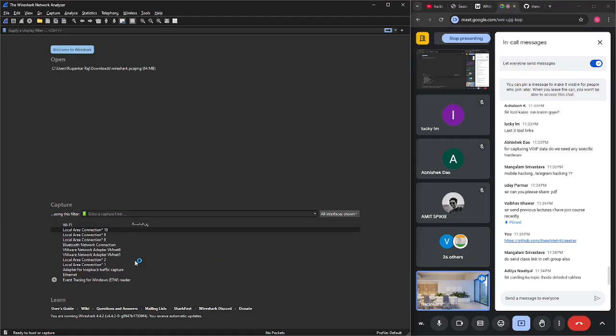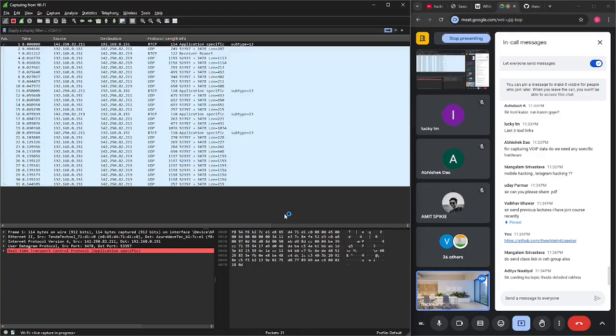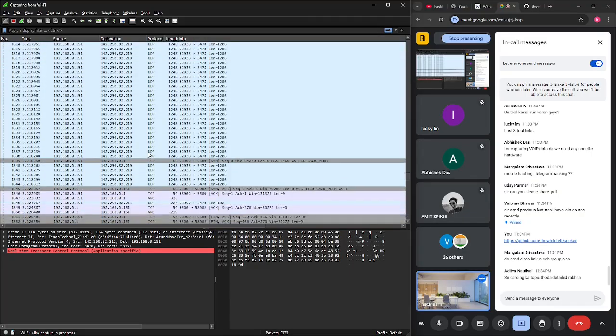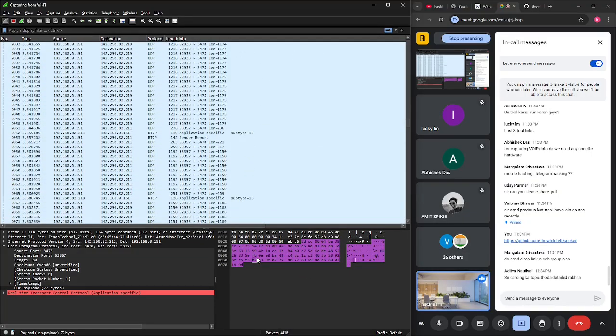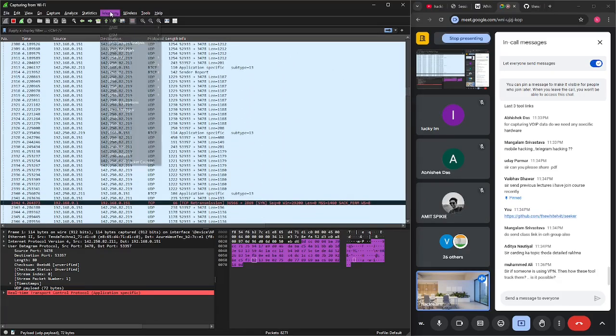If I want to capture traffic on, let's assume, my Wi-Fi network, I will select Wi-Fi from here. Then I will start this with the blue point. I am on Windows, that's why it's asking for all the details, and that's how all the traffic is going over my network. From here, these are the basic packets. These are the encrypted packets. You can try to decrypt those packets and study what is behind them.